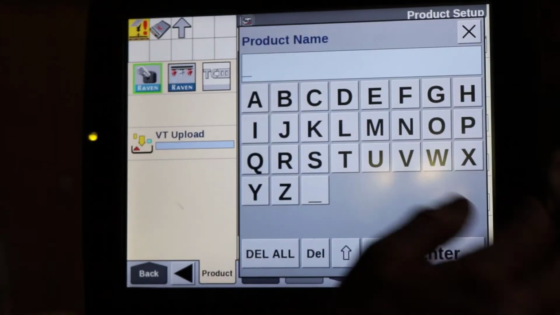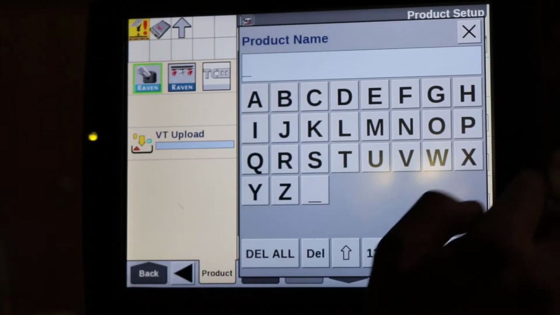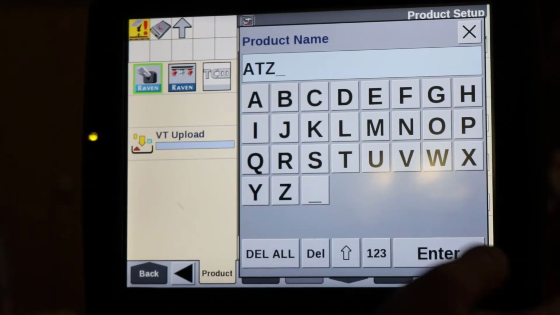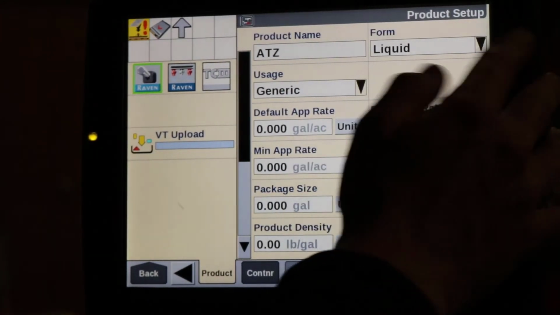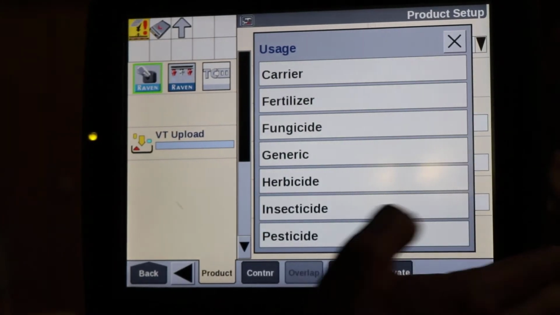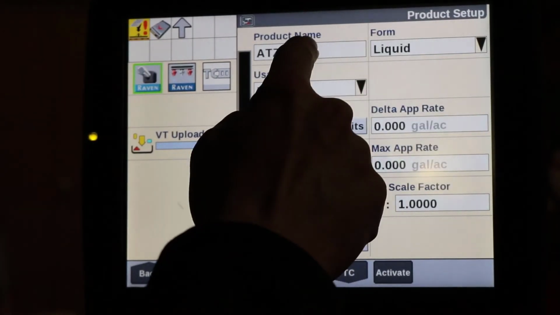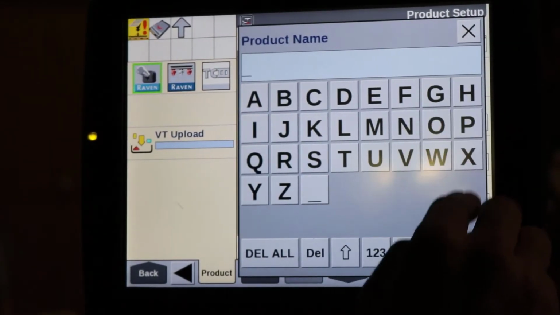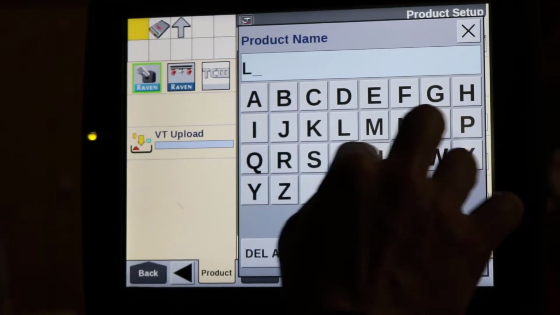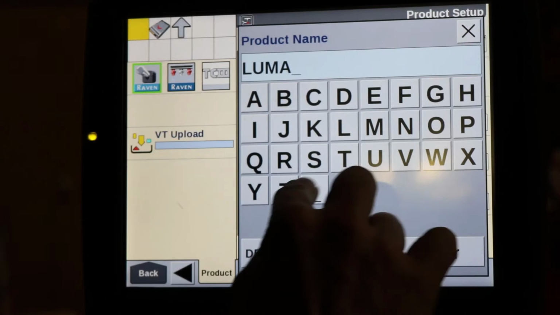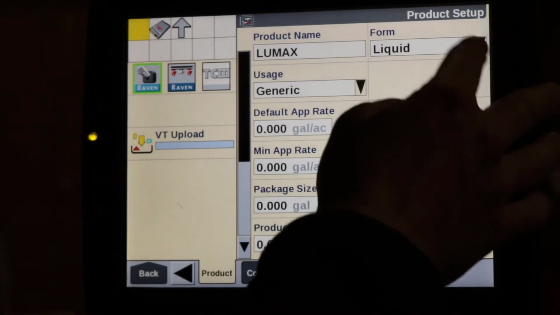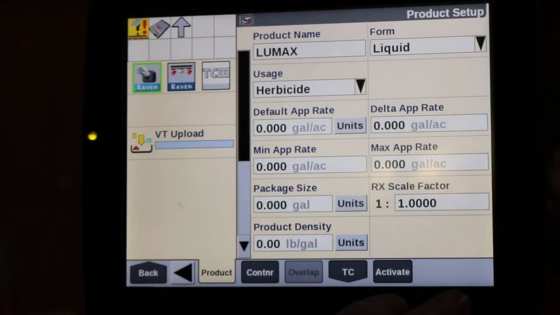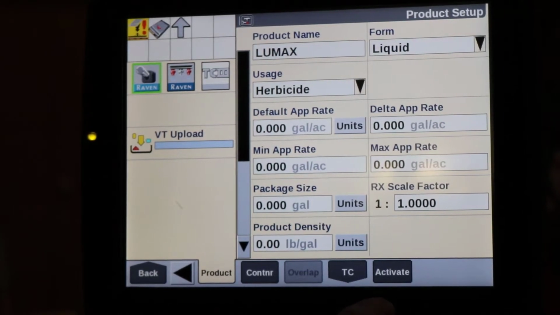We'll now create another one. So let's go ahead and say ATZ for atrazine. Product form is going to be liquid. Usage is going to be herbicide. And then let's put one more product into our mixture. Again, product form is liquid, and this is an herbicide. Okay, so now we've created three products that'll go into the mixture: